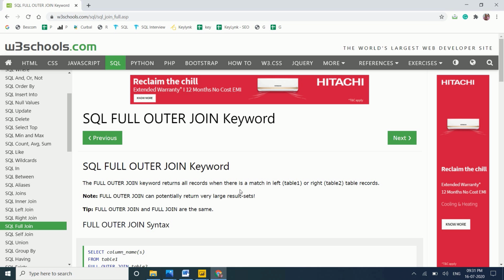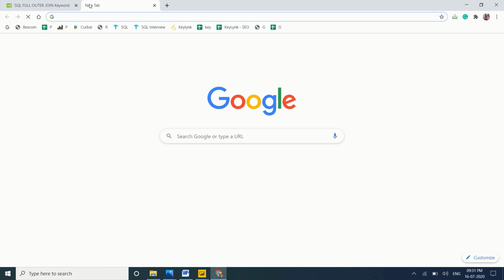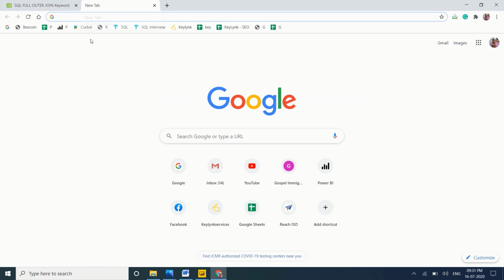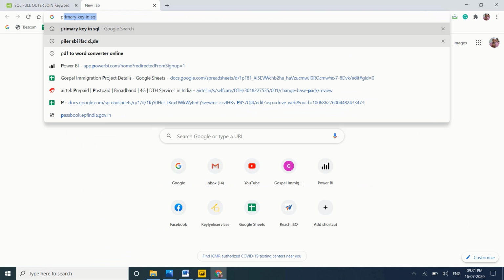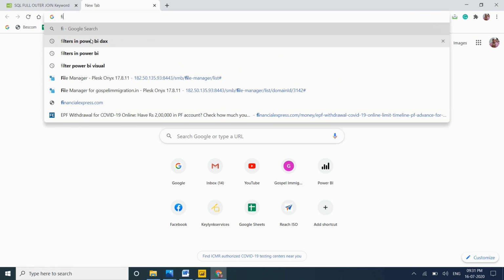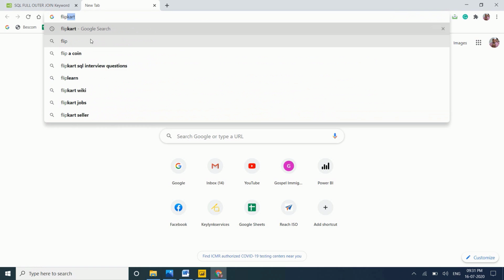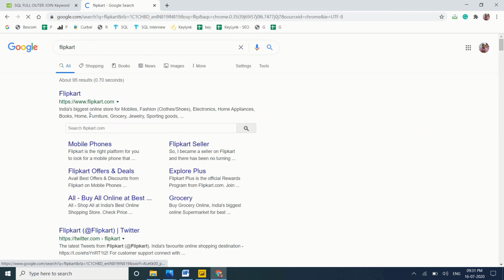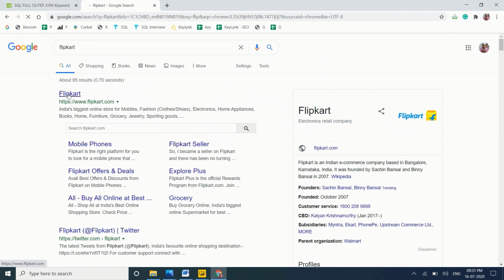So for example, you are selling something, you have some product you are selling online. Okay, let's take Flipkart or something. Let's choose any product.